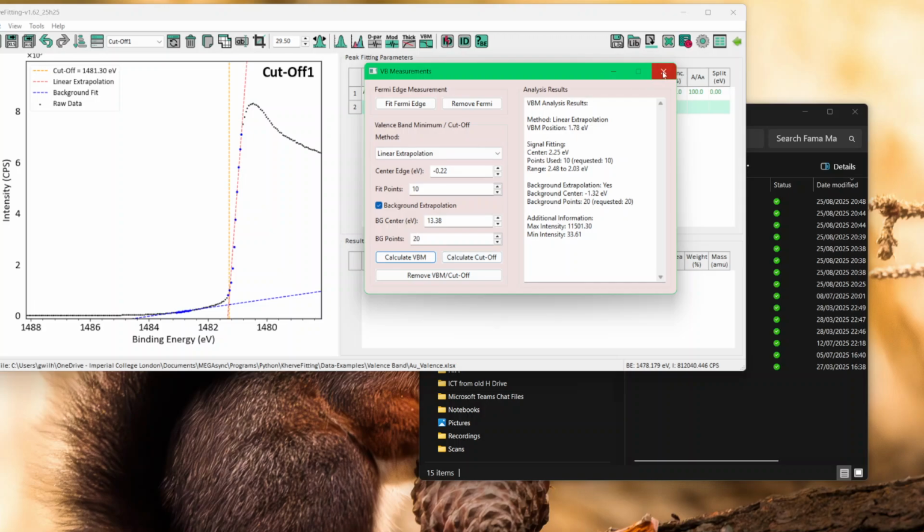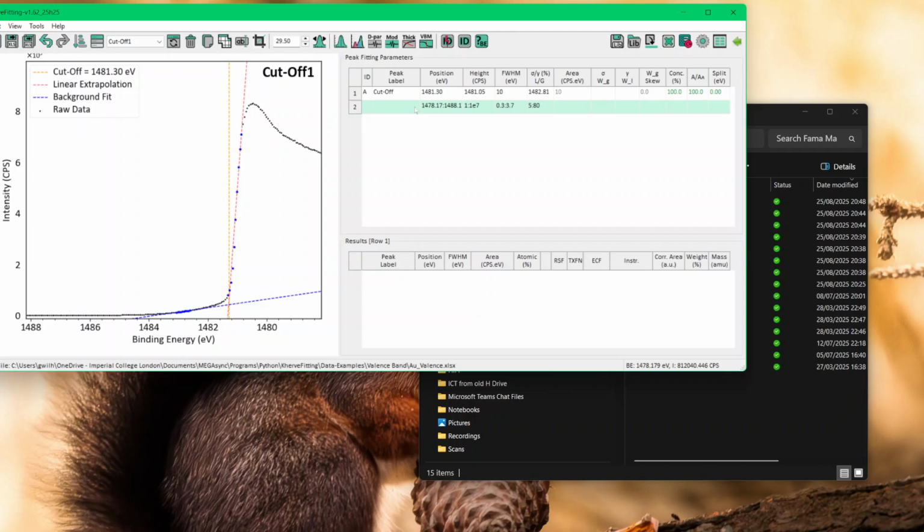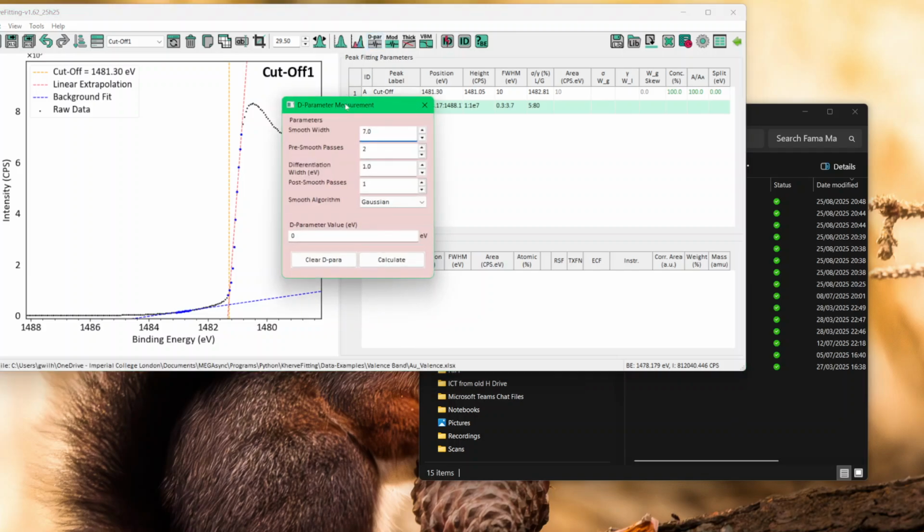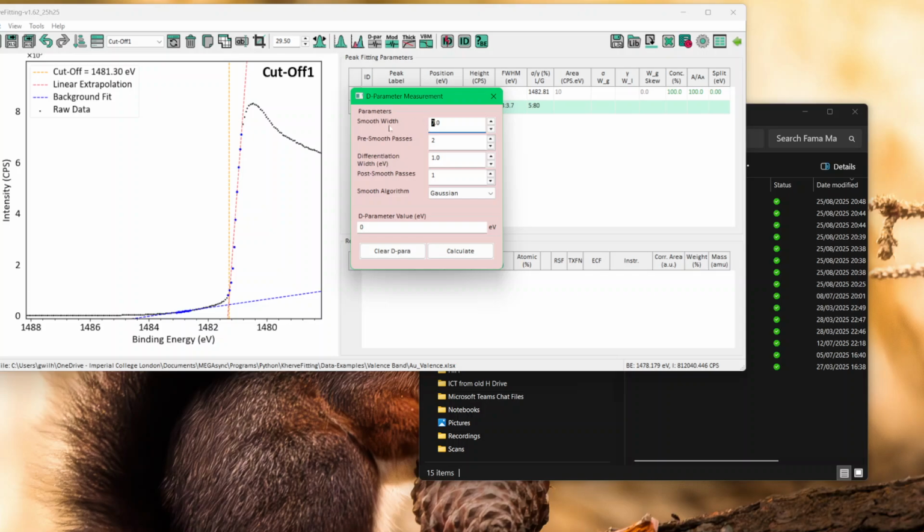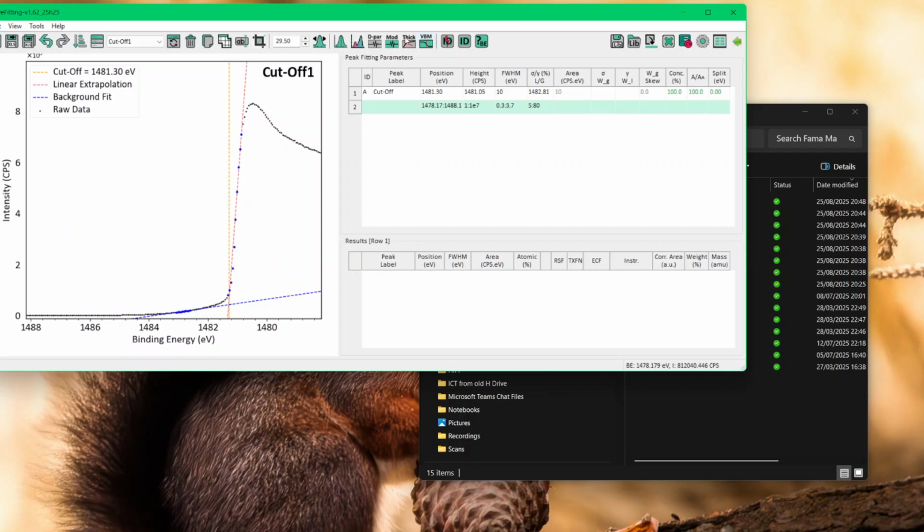So those are mainly all the functions that have been added in the last months, and there are more, but it's not important. Obviously, we have the D parameters for the sp2 carbon, measuring the amount of sp2 to sp3. We have an